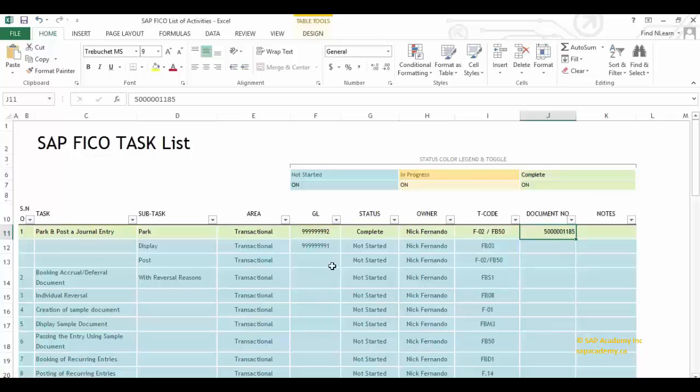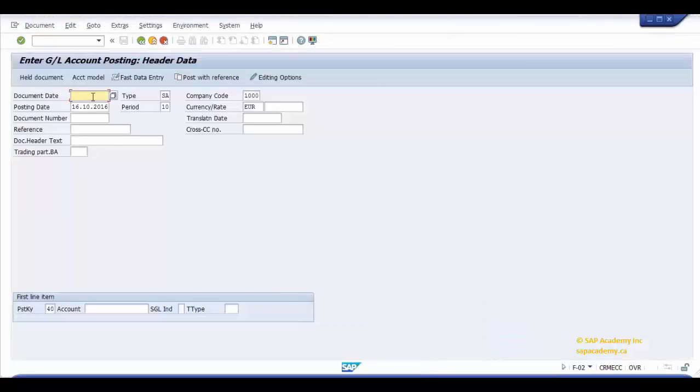Now let's take a look at another example. I have copied the general ledger account. Select the date and everything else remains the same except the